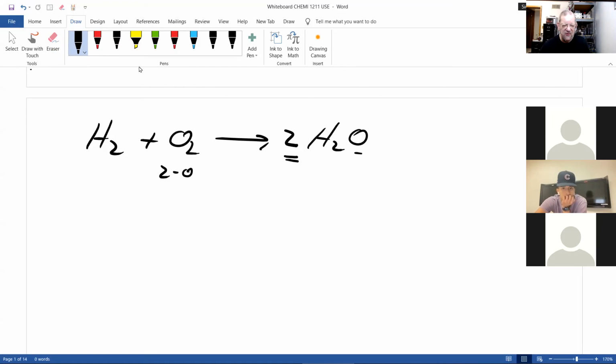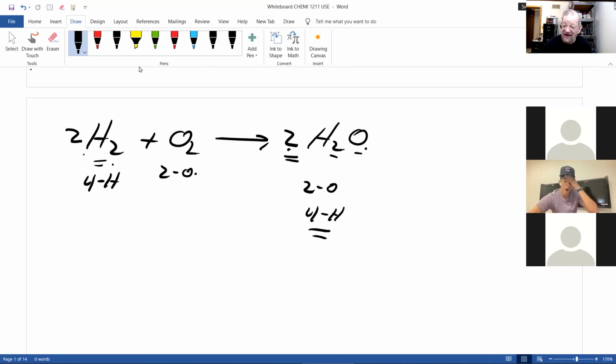You can't do that. But what you can do is change the coefficient. If I put a 2 here, 2 times 1, there's now 2 oxygen. There's 2 oxygen here, but 2 times 2, there are 4 hydrogen. Uh-oh, I only have 2 on this side. I want 4. How do I change that? I change the coefficient, the number that goes in front. And here we now have 2 times 2, 4 hydrogen.